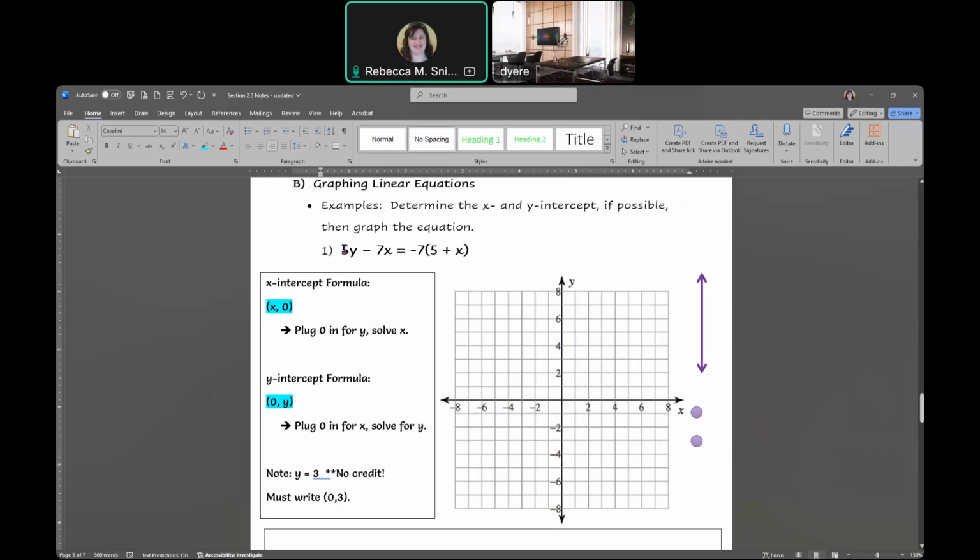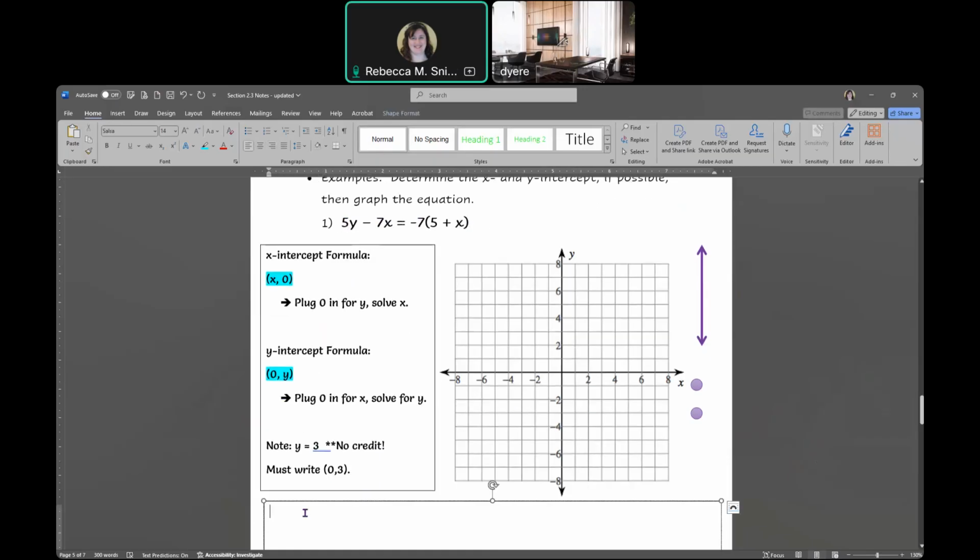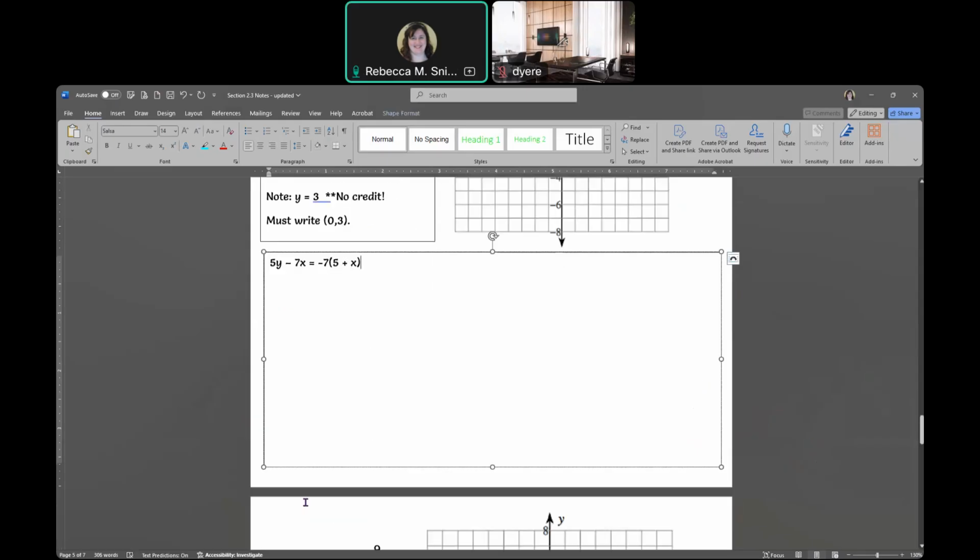So what we're gonna do with our equation is essentially find its x-intercept and its y-intercept, and then use those 2 points in order to graph. My equation here is 5y minus 7x is equal to negative 7 times 5 plus x. So the first thing that I'm going to look for is